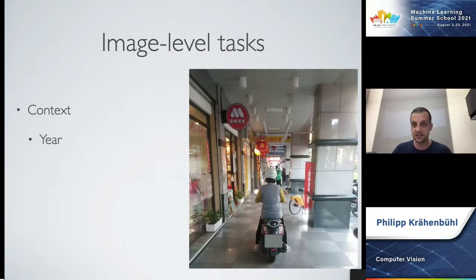Again, what time was this taken? Maybe what season was it taken? Or you can even infer what camera a certain picture was taken with. It turns out there's only about 12 different types of cameras people take pictures with, because there's only about 12 different manufacturers of the chips. And so you can infer which manufacturer a picture came from.